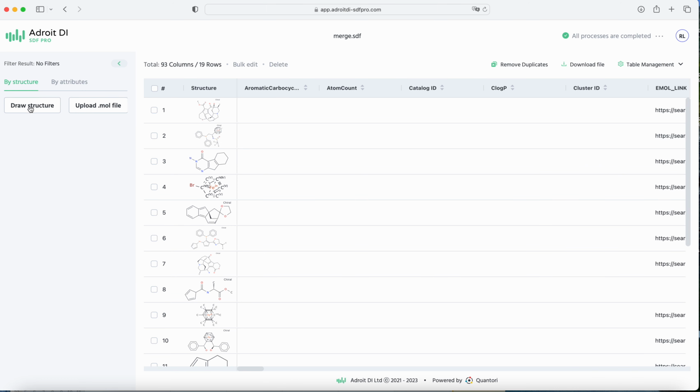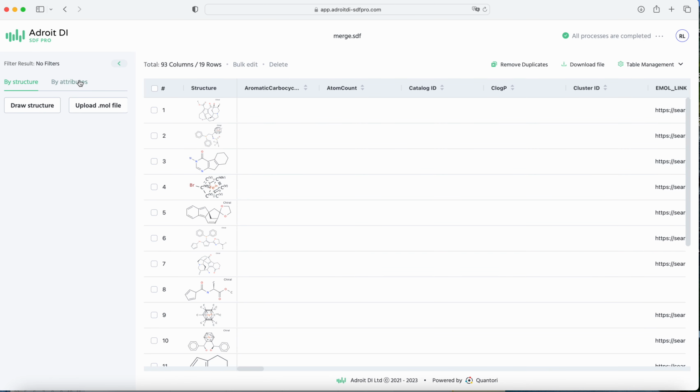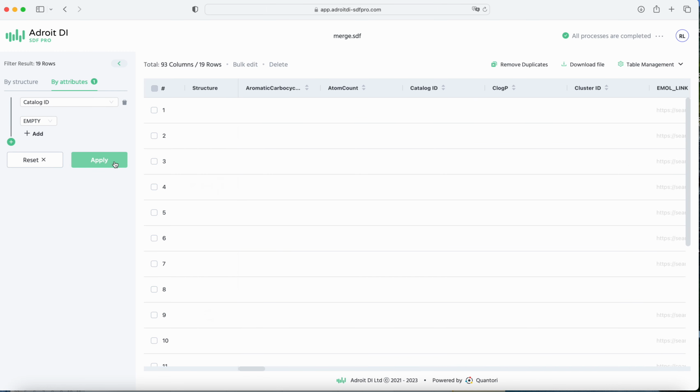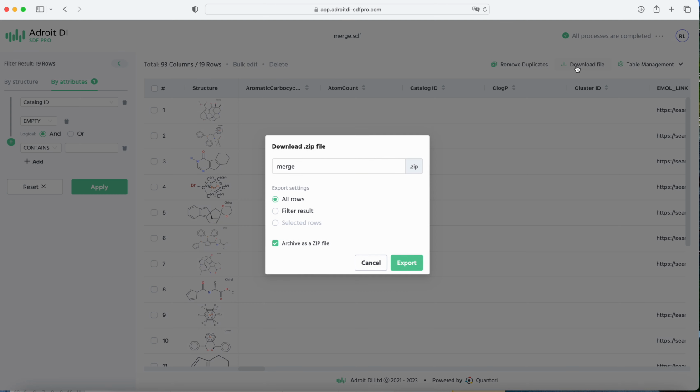And you can, of course, go in and draw a structure and filter down, or you can open things up and have a look and edit, but you can filter by attribute. So imagine you want to have a look at the catalog ID, find out the empty cells that don't have a catalog ID, and you can continue on to refine like that. It's a Boolean search algorithm,